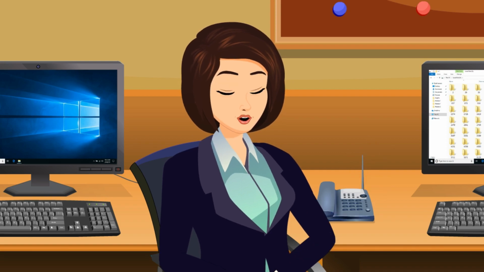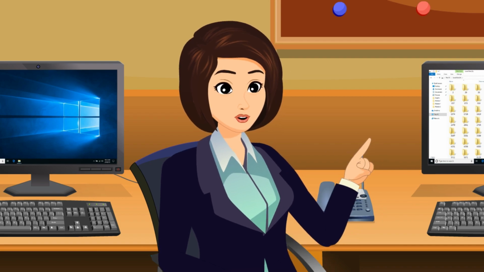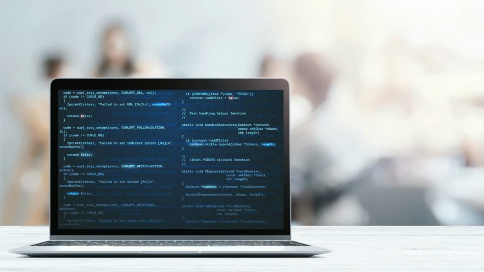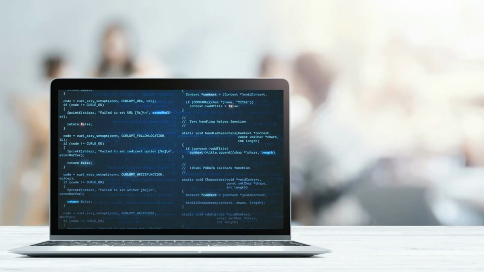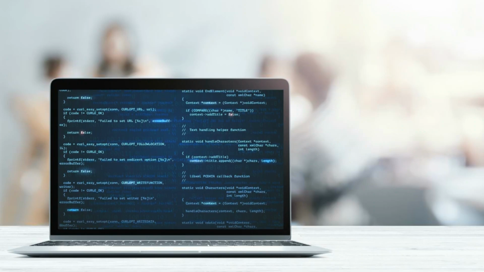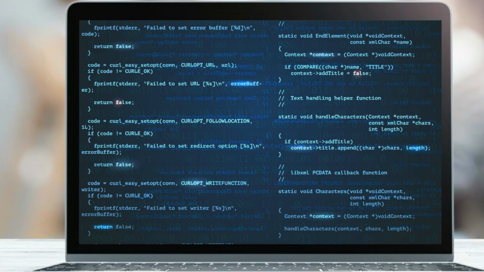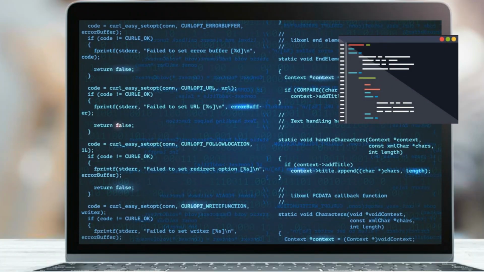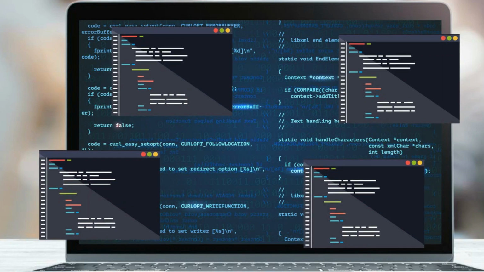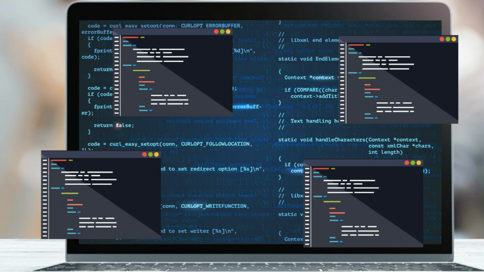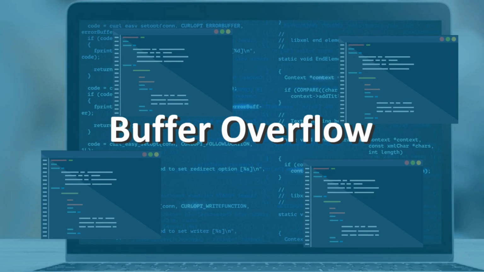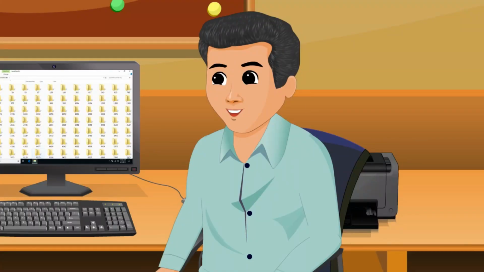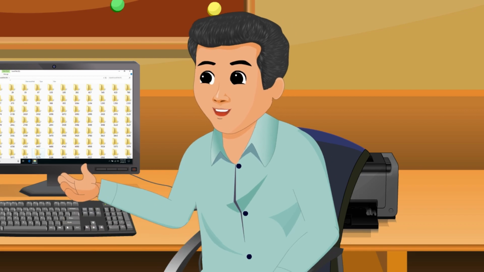When you pour more tea in this cup beyond its capacity, tea will overflow and spread over to the nearby area. In the same manner, if the storage area of the system has a fixed code length capacity and some code tries to force more data, it is but natural that the program will overflow the boundaries and overwrite itself in the memory in immediate nearby locations. This phenomenon is called buffer overflow. How can this phenomenon harm our systems, Nandita ma'am?